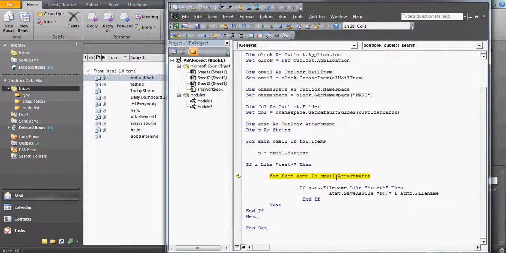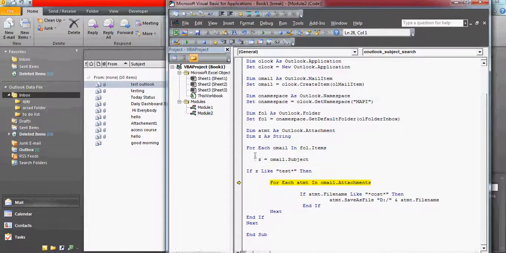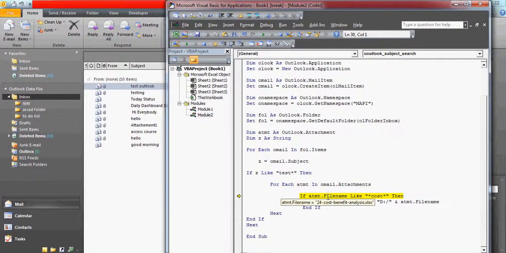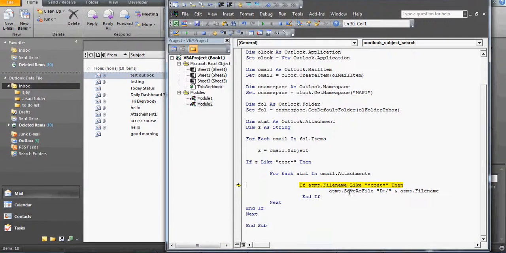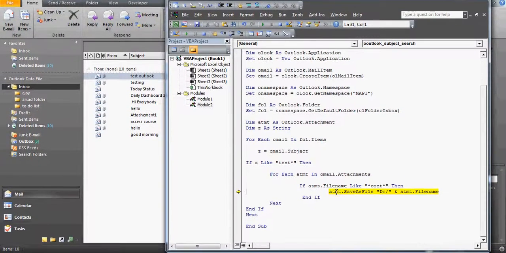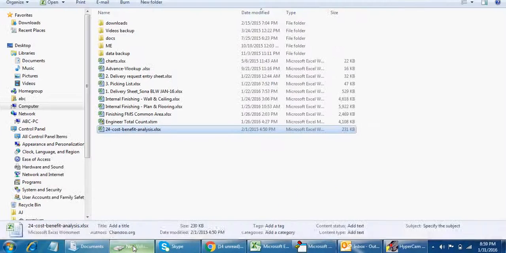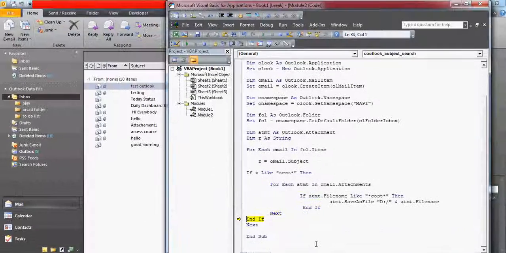So it's going to check the attachment of the email which is called testing, which is this one, right? Here the file name is, you can see, 24 cost benefit analysis, which contains the word cost. So definitely it goes to the then part, which is the attachment atmt.SaveAsFile. So it is going to save the file. Now you can see the file is saved. If I look in the D drive, the file is saved here, right? And then the next time